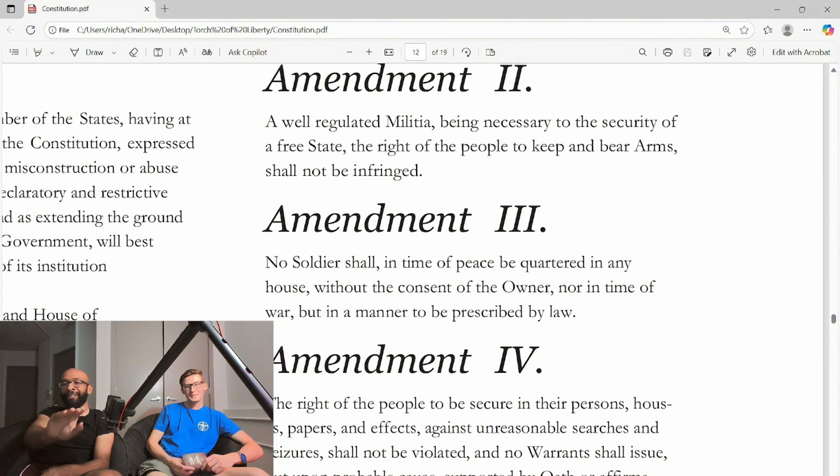So when it says, but in a manner to be prescribed by law, this is where flag law comes in, because a lot of the American flags out there, we're all patriotic in this country. We all have this same flag, the red, white, and blue with the 50 stars. A lot of people don't know that's actually a flag of war. So in wartime, when we've got things happening on our soil, if the soldiers see an American flag, the red, white, and blue with 50 stars, they can quarter in there in the manner prescribed by law. That's flag law. We have the war flag, which is the red, white, and blue, the 50 stars. But there's also a peace flag, and we'll get into that later.